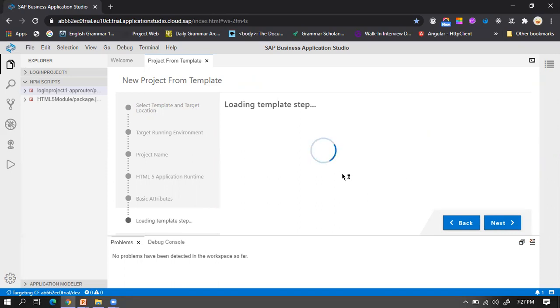It will take some time to configure. Okay, I want my view name to be view1 only. I don't want to add any service, so it's already no. I'll click on next.